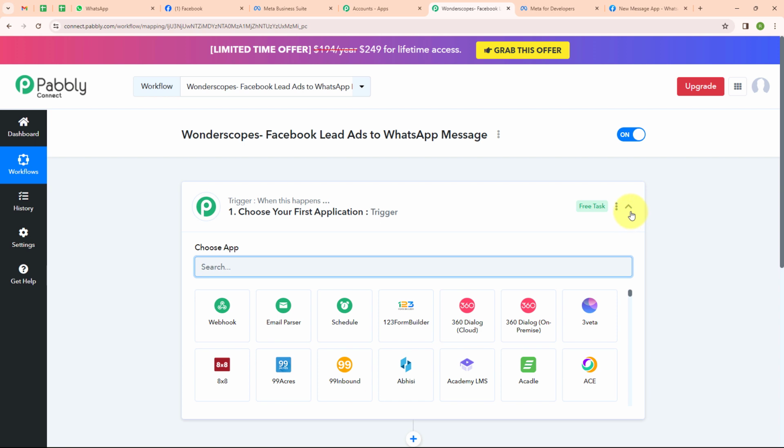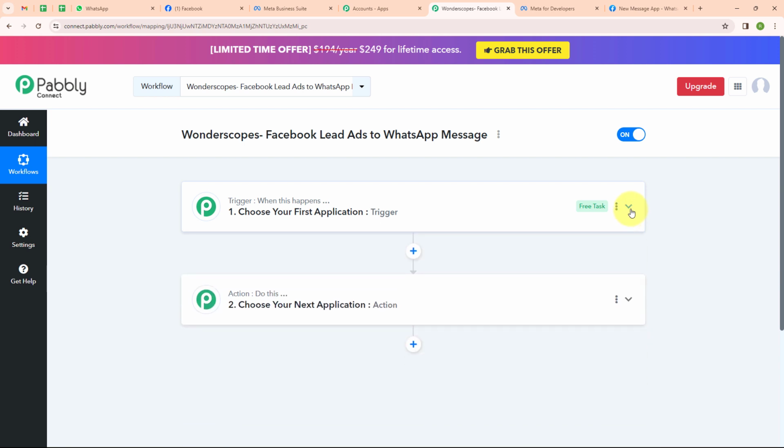Here in this create workflow window, you can see two most important principles of an automation process, that are trigger and action. Where trigger says when this happens and action says do this. That means action is a response towards our trigger. Your automation can have a single trigger but multiple action steps. Now to begin with the automation, let's set up our trigger.